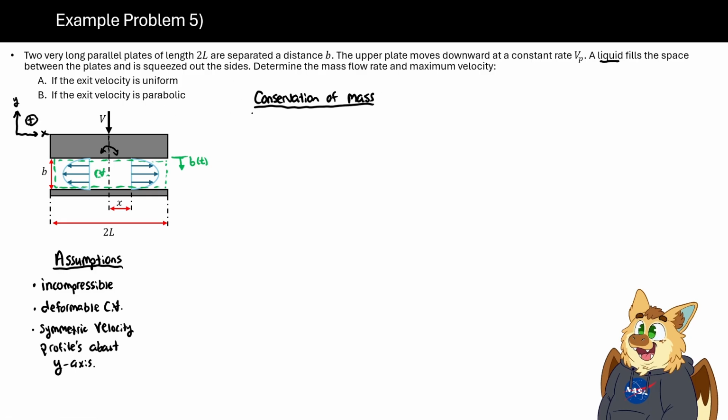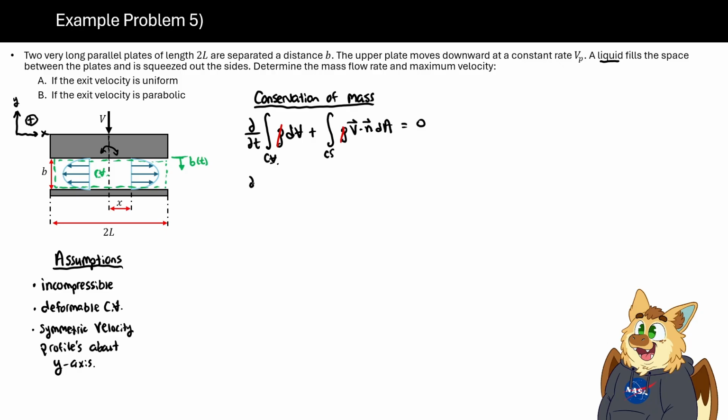And let's write it out. Del over del t, integral over cv, rho dV plus our flux term, so over the cs, rho times our velocity dotted with our unit normal vector times dA equals 0. Using our first assumption, we have incompressible flow, so we can knock out this pesky density term here